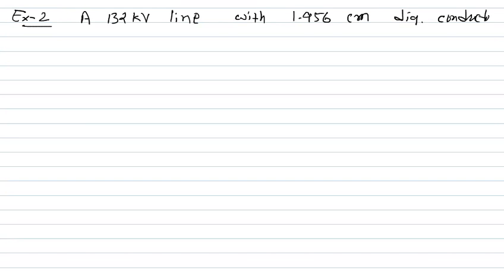In this example, a 132 kV line with 1.956 centimeter diameter, that is the diameter of conductor, is built so that the corona takes place